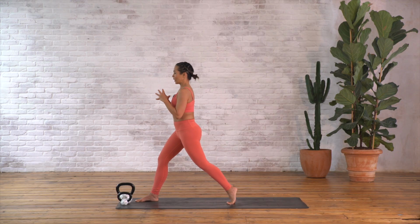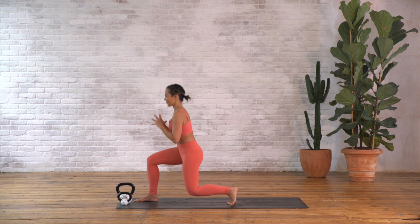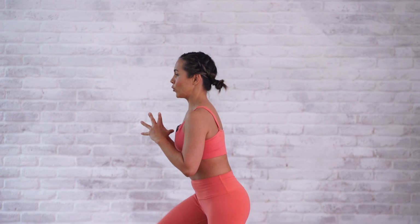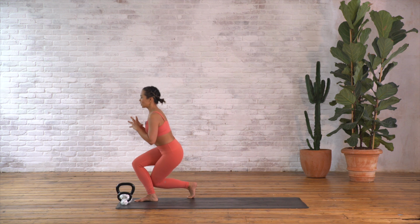So you're going to bring the weight close to you, lower all the way down, and press it up. 1, 2, 3, 4, awesome job, 5. Now taking it into curtsy squat, the outside of the left knee touching the outside of